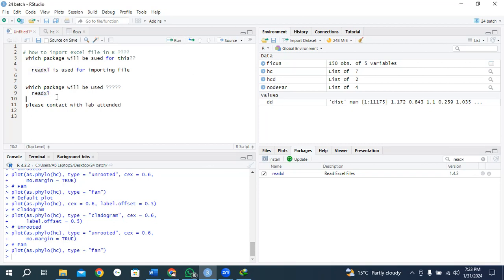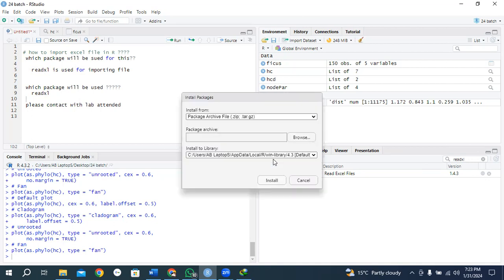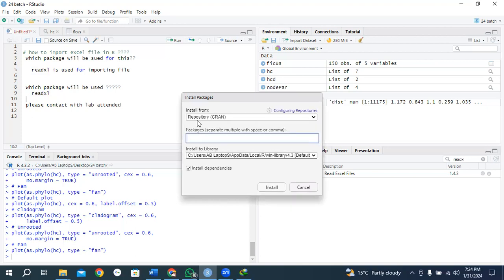Now his supervisor replied that please write an application to the HOD, the head of department, and ask him please buy this instrument for us. Now we need to open the install button within the packages tab below. Next to update here is a button, install. Just click on this button. Here you can see 3 options: install from, second is packages, and third is install to library. So type here packages, read Excel,